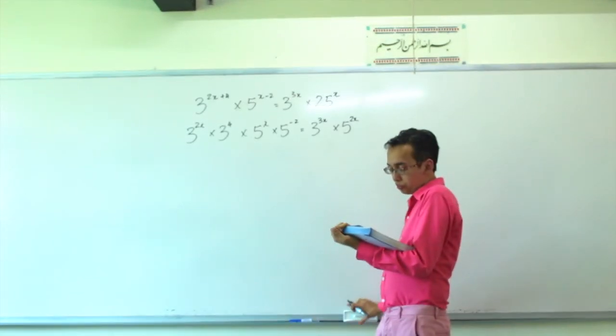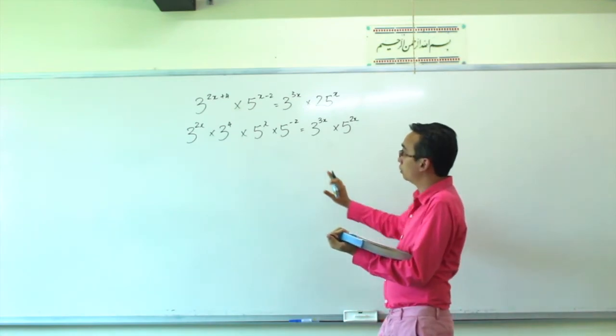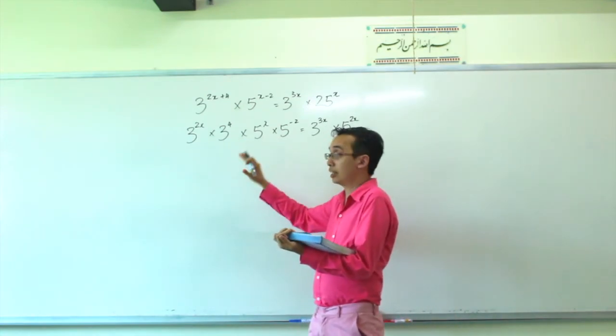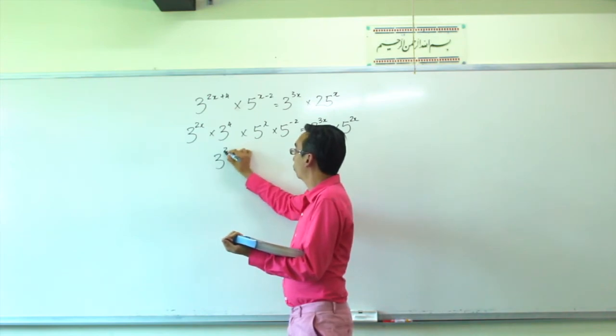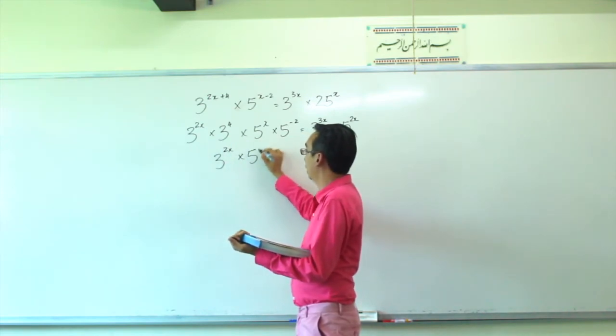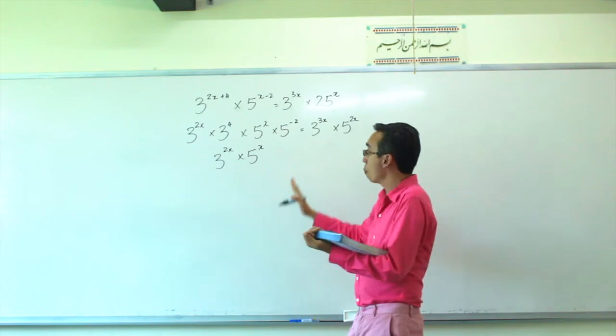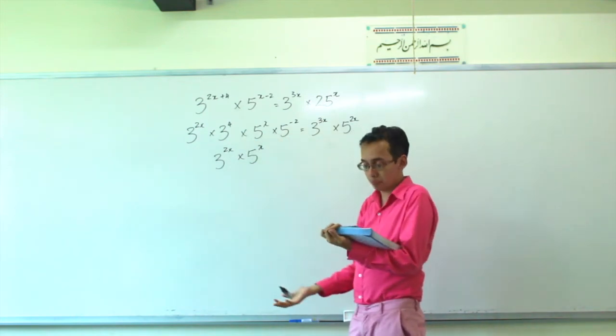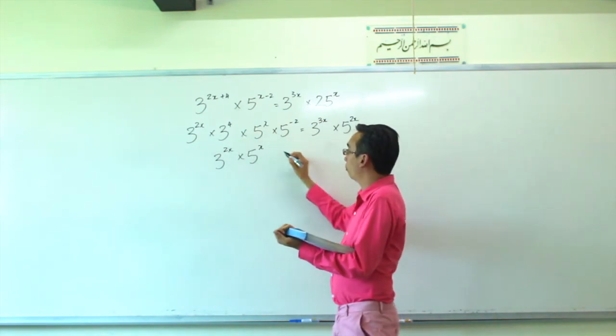Okay, let's continue. What we're going to do next is group all the to the power of x together. So we get 3 to the power of 2x and 5 to the power of x. Put them together first. Okay, but the numbers we can evaluate them. So this 3 to the power of 4 is 81,